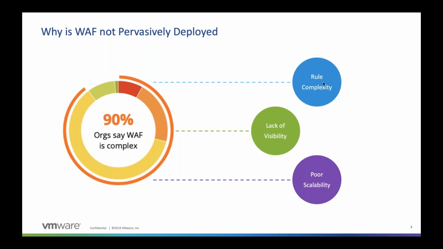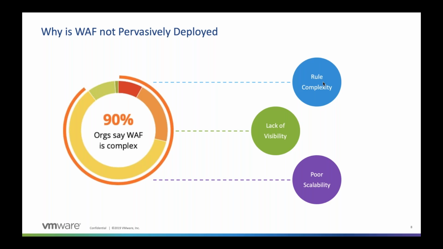Then there is the overall lack of visibility that legacy web application firewalls had. The problem was that you didn't really have a good view of what actually happened in the system. That is because they were built in a different age, where frameworks for having great telemetry weren't there. And lastly, the scalability.